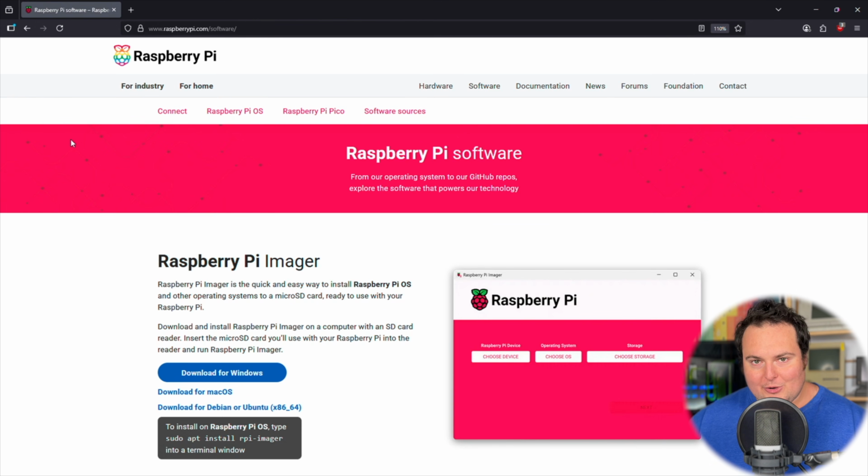So for that, we're going to need a computer. I would assume that most viewers watching this step will be using either a Mac or Windows computer, which will either work perfectly. We're basically just going to make sure that we open our SD card and insert it into our computer in a way that it can be read. So whether that be an external micro SD card reader or an inbuilt SD card slot for your computer,